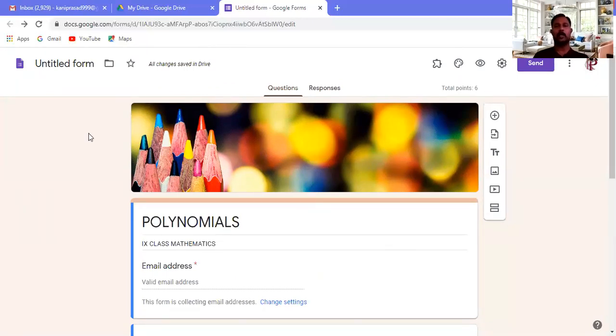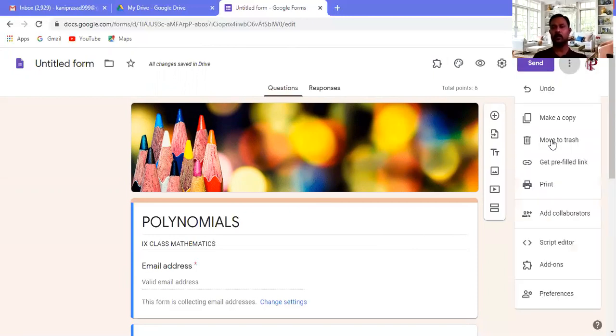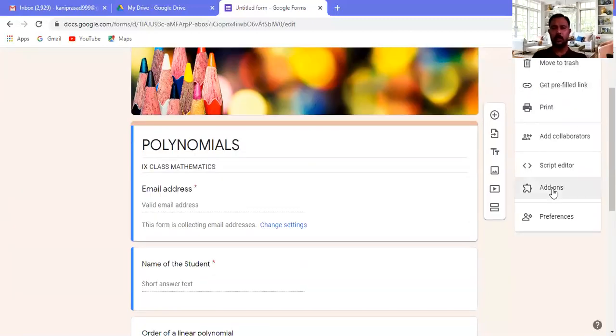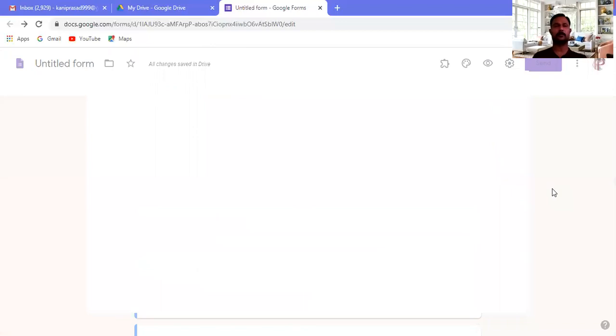How you can see, where you have to go is here. I already have that button. Before that, I will show you here. This three-dot button, right? More options. You click on More, Make a copy, etc. You can see here an option, Add-ons. So click on that Add-ons. I am going for an add-on. To certify, you need an add-on actually.